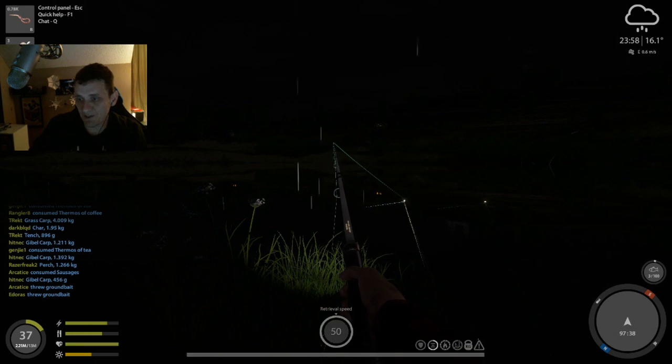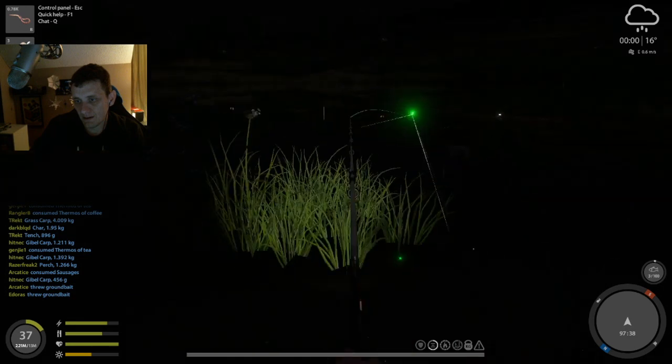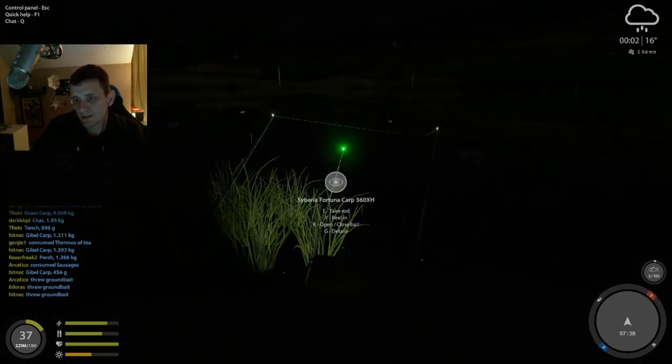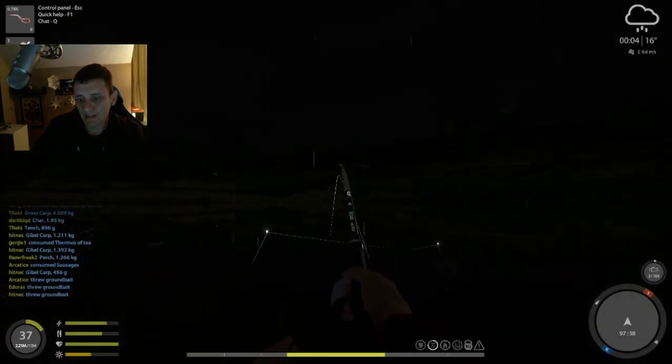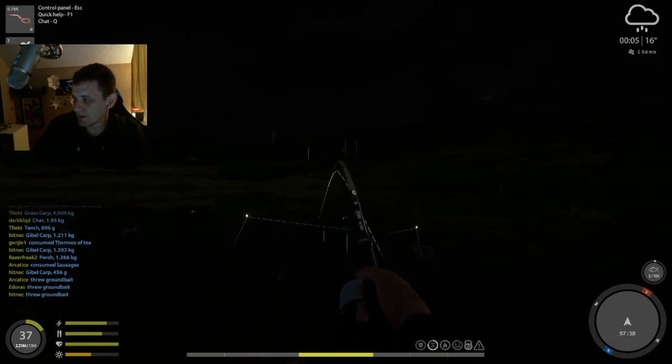I mean, I hope there's a fish on. If not, the current has taken my, I don't know. Hey, this actually might be a sturgeon. It's probably just another wild carp, but...